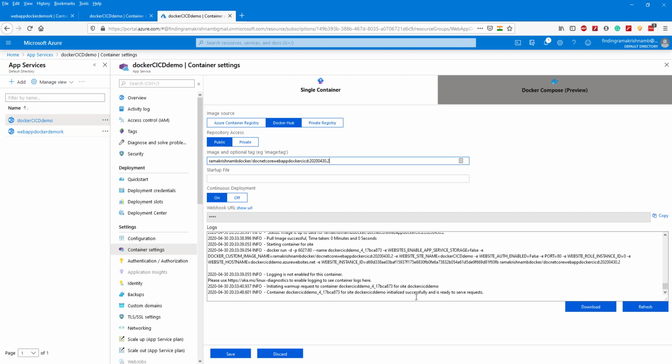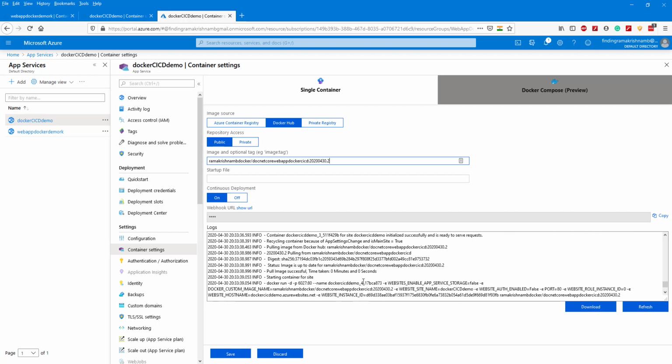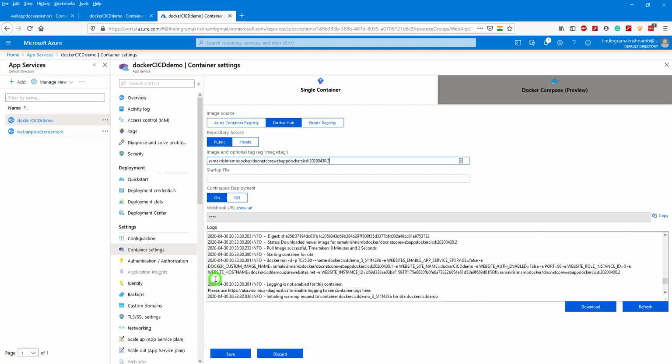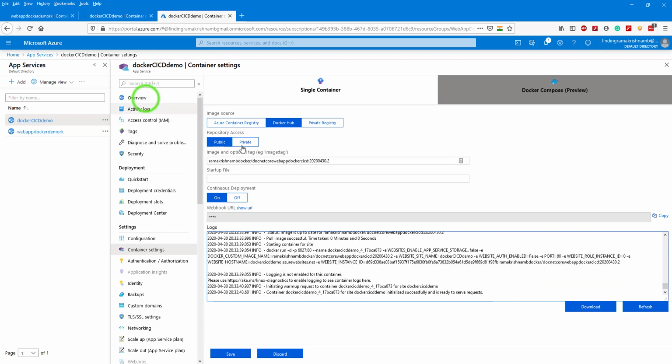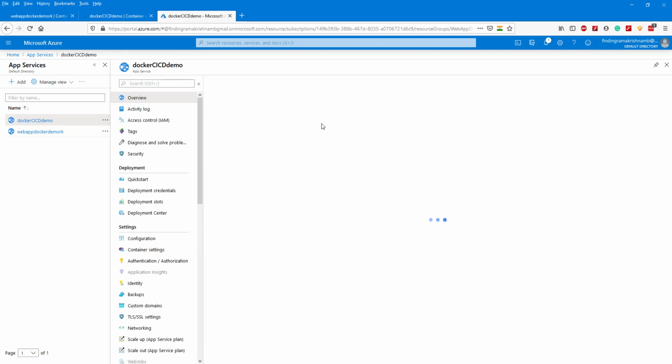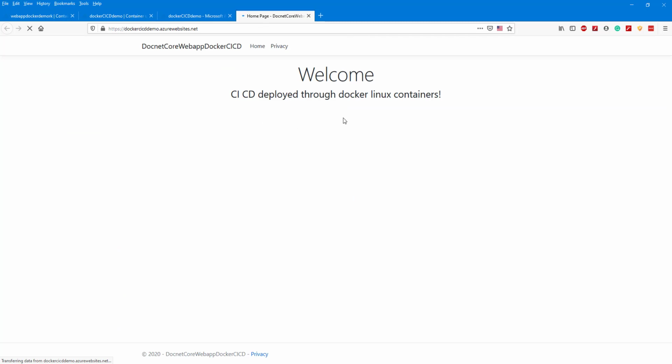It successfully pulled the image and executed the code. If you see logging, go to the overview and browse. Yes, we successfully integrated CI/CD to our .NET Core app using Docker.